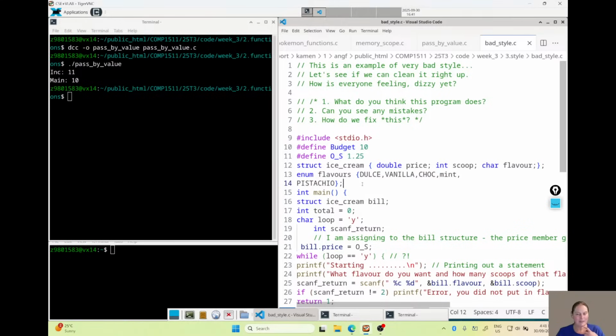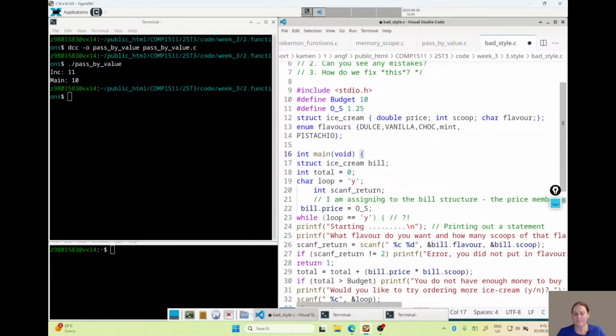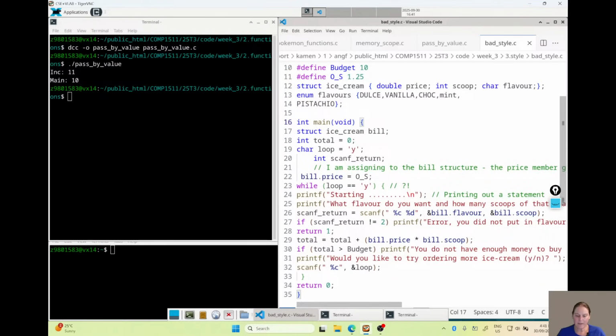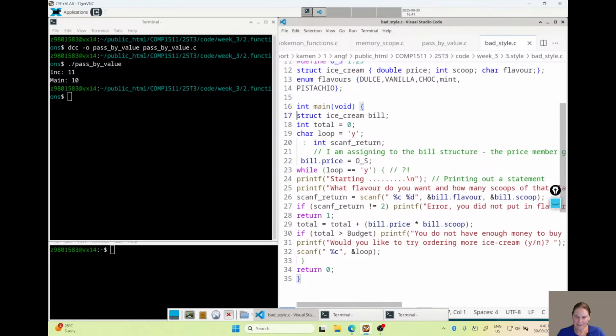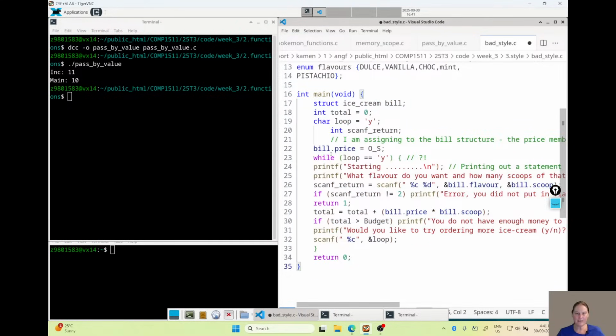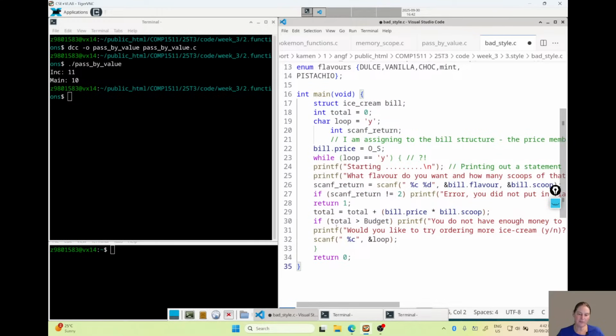Now, you will all have different ideas, but for me, the thing I dislike the most is I found it hard to even find the main. So sometimes a bit of vertical space helps readability. Now I can at least see where the main starts, and our main should have a void there. So there's so much wrong with this, right? I've just done that one thing, and I think there's lots of problems with the indentation, but I just want to at least put it in there so I can see very clearly now that this is our main function. There's still a lot to be fixed up though.